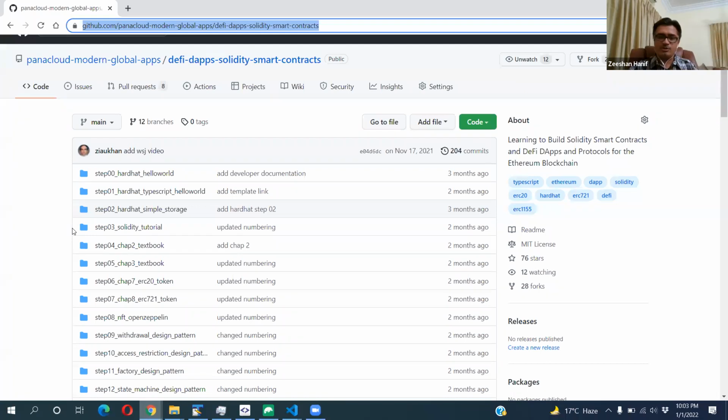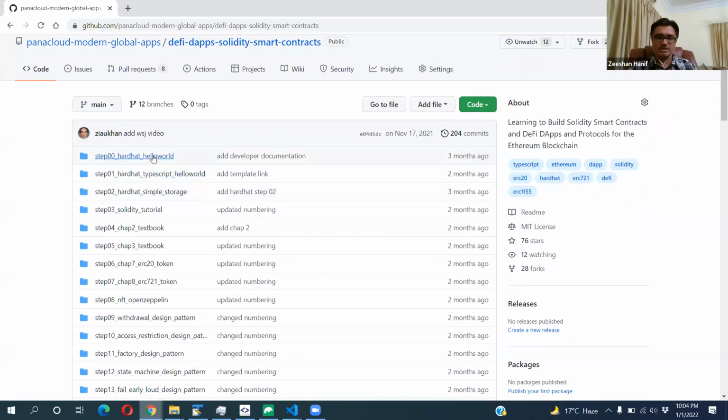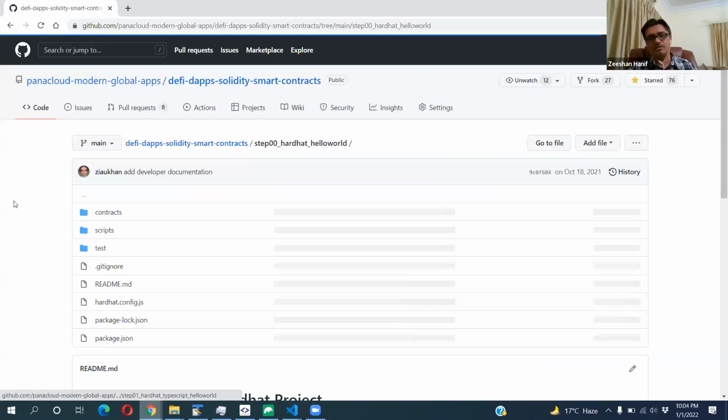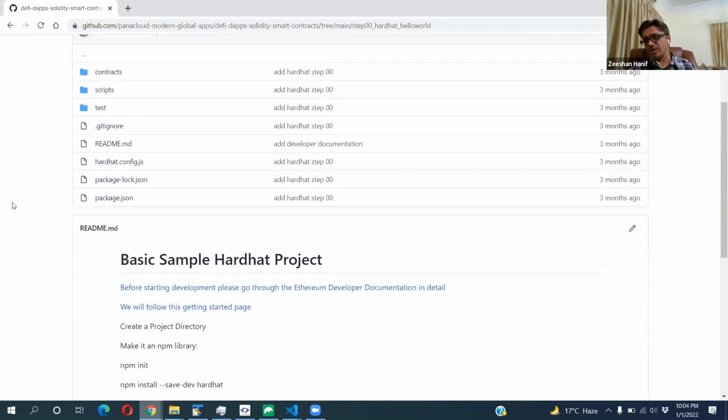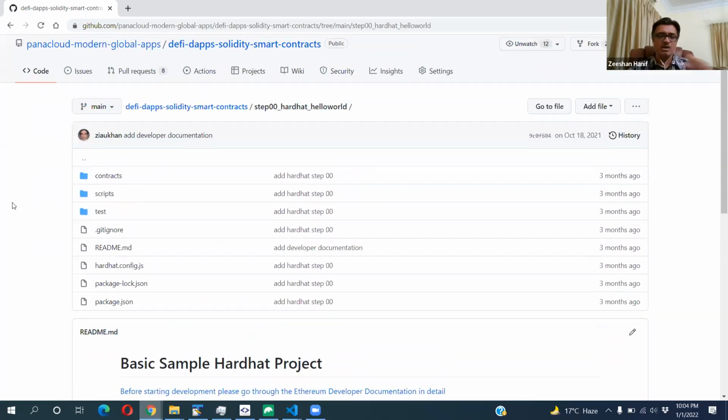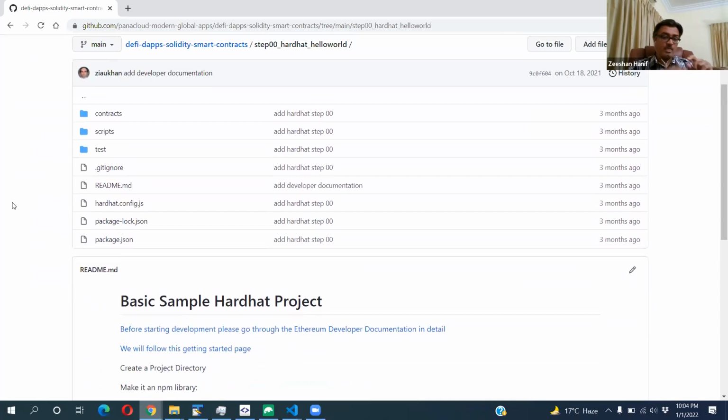What we'll try to do is run the smart contract on Ethereum, and we'll learn how to create a smart contract and learn Solidity. Solidity is an important part, along with the toolset important to run Solidity and Ethereum applications. Very first step, for every language or technology when we start to learn, we need a hello world application. That's the already created application. One more thing, we'll use Hardhat.